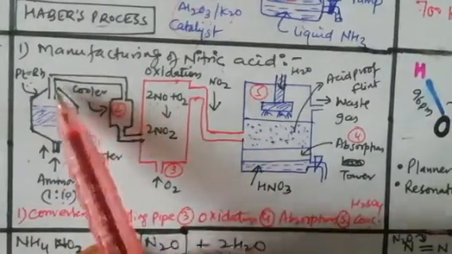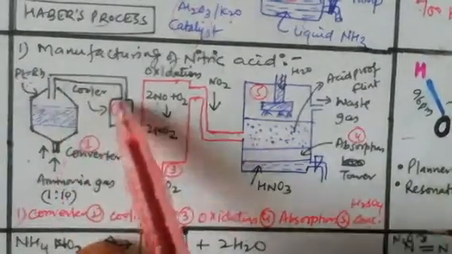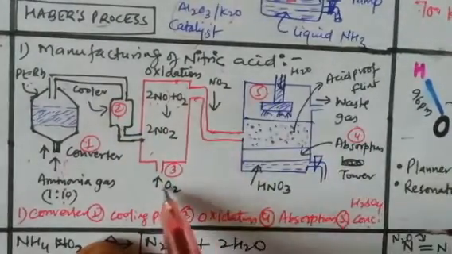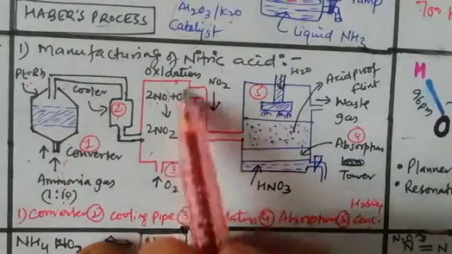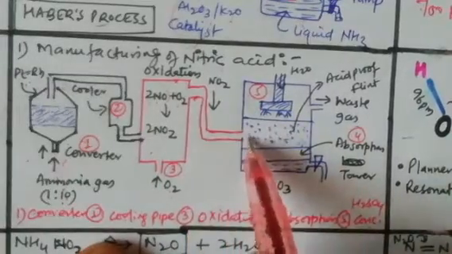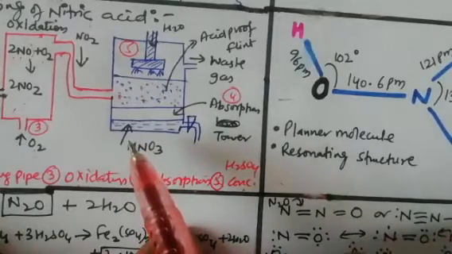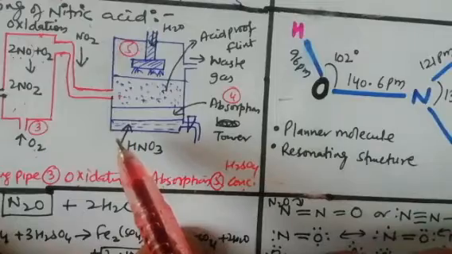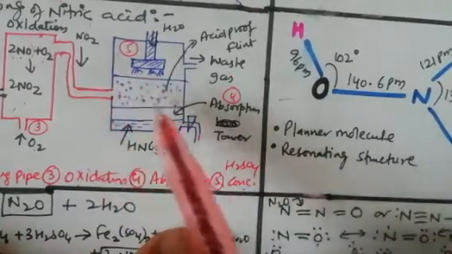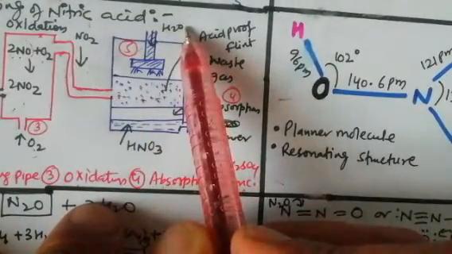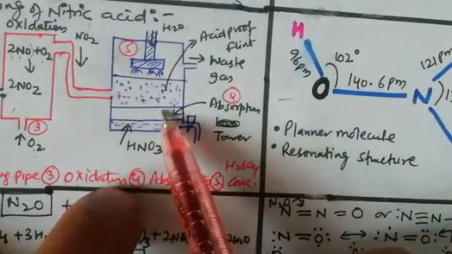From the cooling pipe, the hot gas will be cooled down, which will then react in oxidation. Oxidation means the gain of oxygen. When oxygen is passed in excess, NO will convert into 2NO2. Then the 2NO2 will pass into this absorption and concentrated H2SO4 tank, where the nitrogen dioxide formed is dissolved in water to give HNO3. So NO2 will dissolve in water. Now this NO2 plus H2O will react and form HNO3 plus NO.